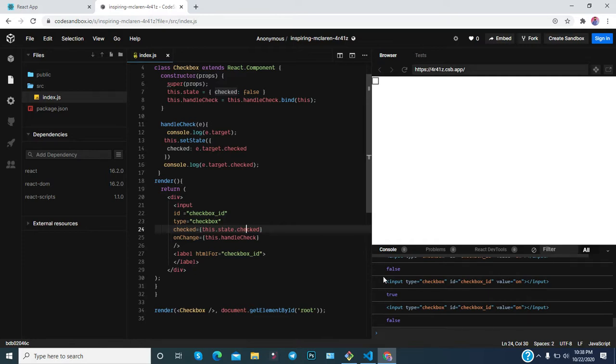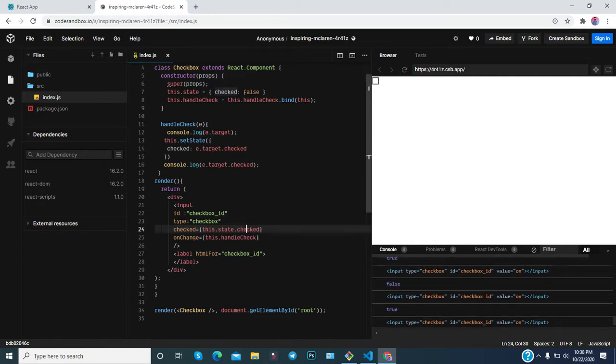If you click, then in the onChange method the checked value changes, and if you console log, the latest state object for the checkbox will be updated with the latest value. So in this way you can also handle this.